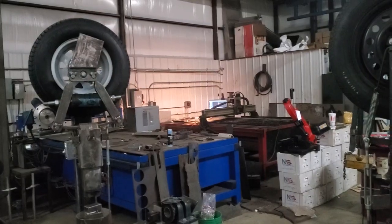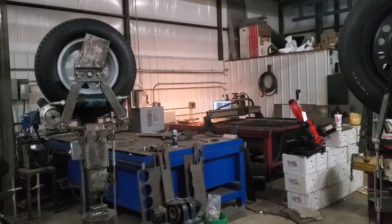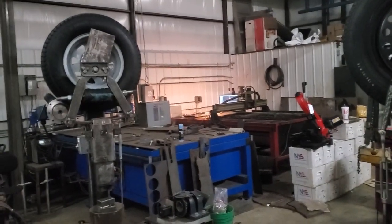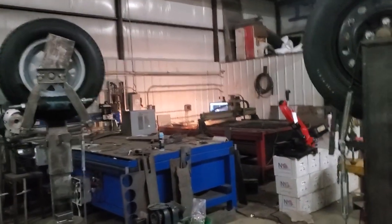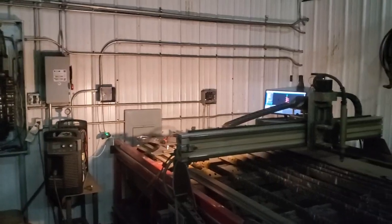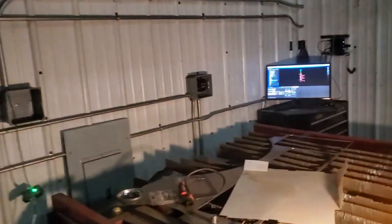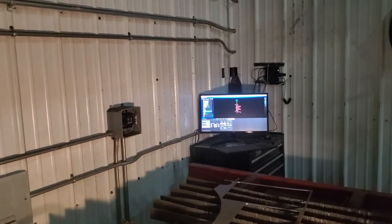And so I'm working on getting both of these tables, just kind of fixing the oddball things that's wrong with them. This table I've never used. Actually, I cut one time with it, and it's had a sheet of steel laying on it for a long time. I just haven't used it because this one has worked pretty well for me. I had a problem with my Hypertherm 105, and about a year ago I wasn't getting torch volts displaying over in Command CNC, and as a result, my torch height controller didn't work. We were able to keep cutting without it, but